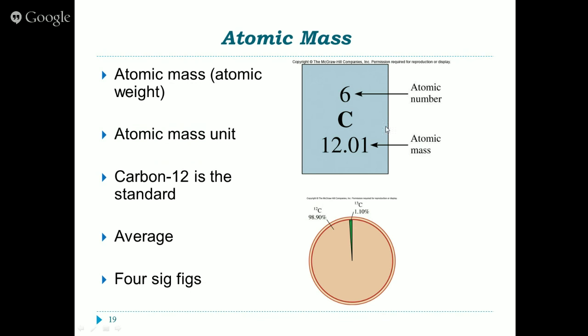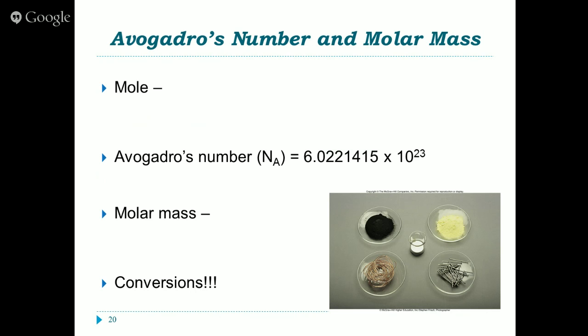So these are where our atomic masses come from, but no single carbon atom weighs 12.01 because we cannot have a fraction of a neutron. But when we start to calculate molecular masses, we will use these atomic masses. Carbon 12 is the standard from which all other elements have been measured. And generally speaking, we will use 4 significant figures with our atomic masses.